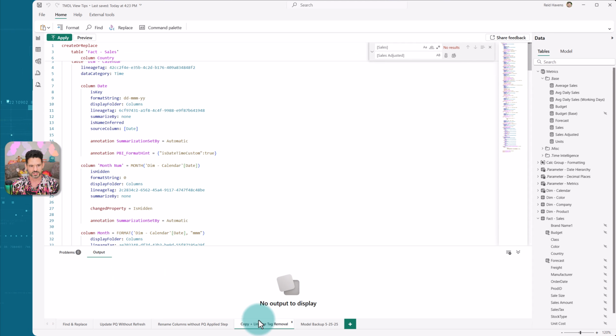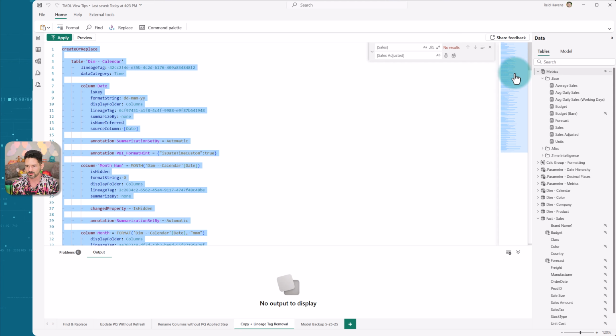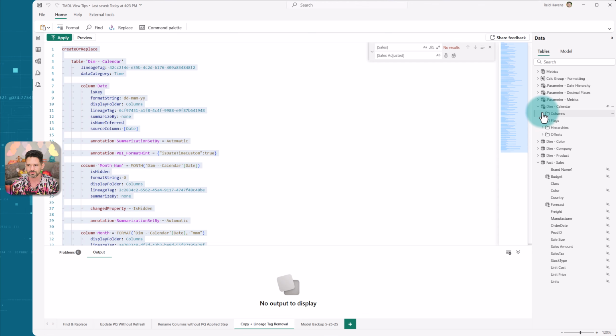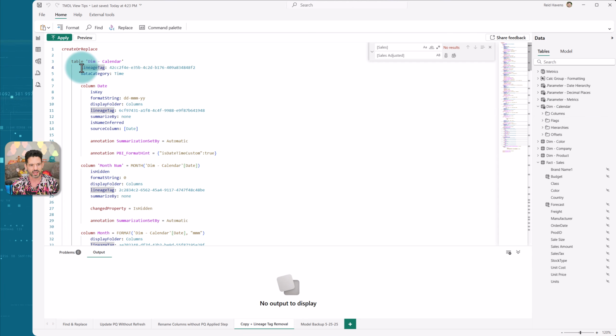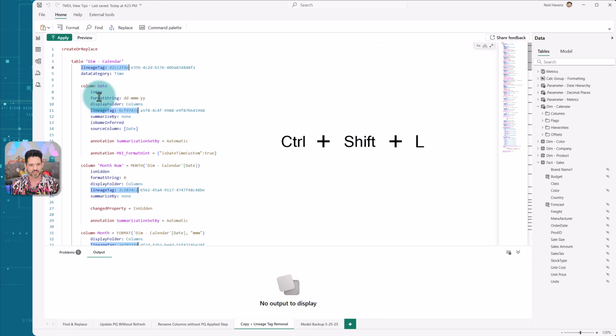Now, another useful feature here, in this case, is the dim calendar. So if I wanted to take this calendar table that I have that is fully edited, foldered, and everything else, I want to move it to a different workbook. Now, the problem that we have with this a little bit is the lineage tags. So these are unique to a model, and there might be overlap with another model if they share the same one. So if you don't have a lineage tag, it creates new ones from scratch that do not interfere with any existing ones. So what we can do, we can select that, Control-Shift-L,